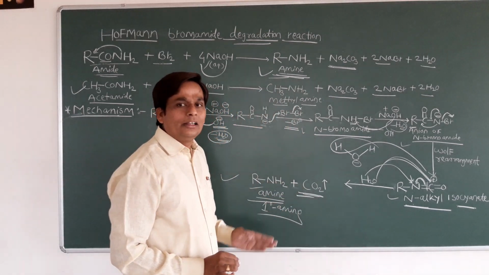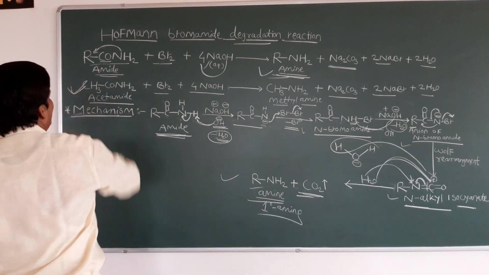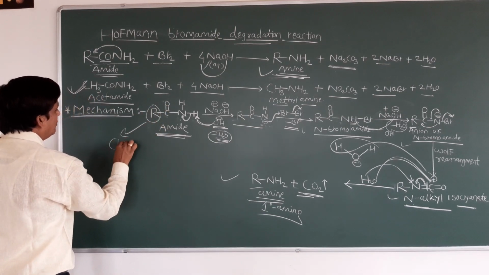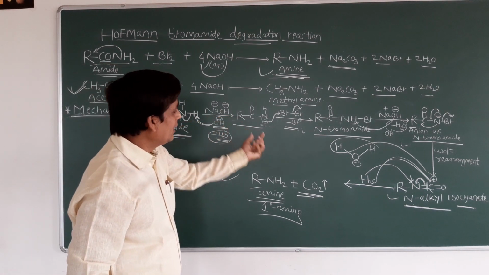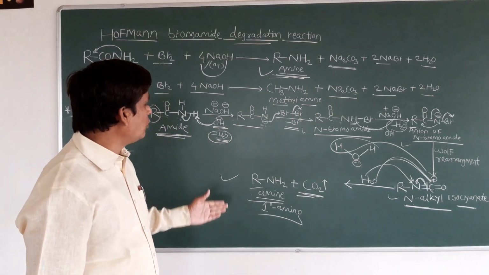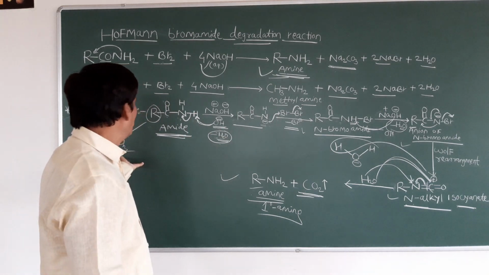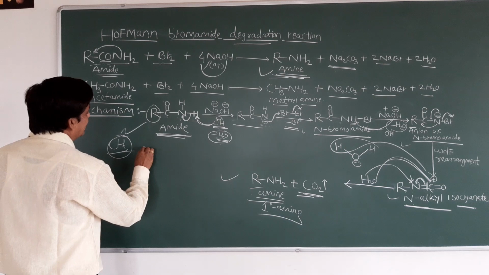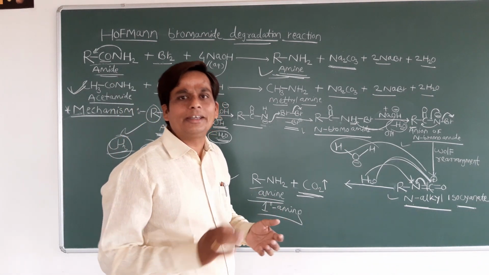If you want to prepare methylamine, by using the same reaction you can take acetamide here. Instead of R, everywhere you can take only the methyl group. So it is an acetamide, again you can take CH3 here, and the last product we get is methylamine. Same reaction you can try at home. This is the homework for you. Instead of this alkyl group you can use the methyl group, or if you want one more example, instead of this CH3 you can take the ethyl group, C2H5. Then you will get ethylamine, that is also a 1 degree amine.